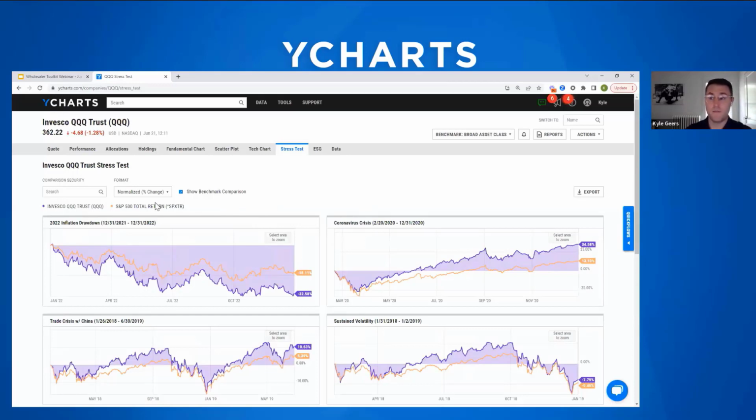Now, when it comes to the benchmark being shown, this is another tip that I'll throw out there. We recently released the ability to choose the benchmark. Do you want to see the broad asset class, which would, in this case, show you the S&P, or do you want to see the YCharts categorization? And the YCharts specific benchmarks are something that we created to bridge the gap between that broad benchmark and something